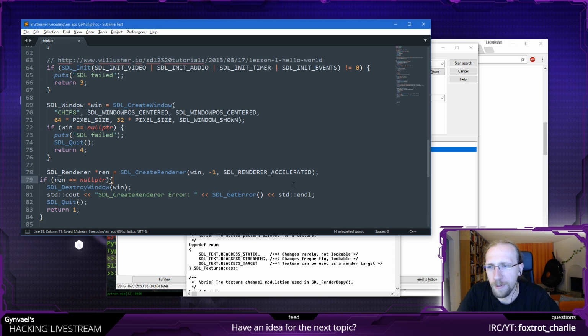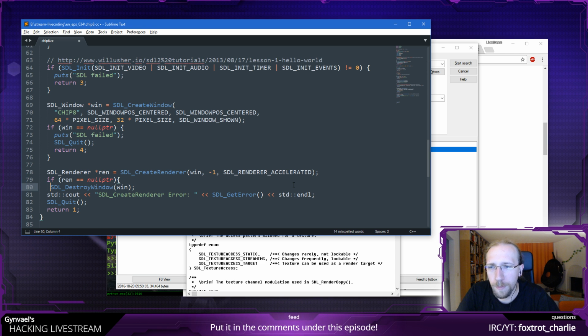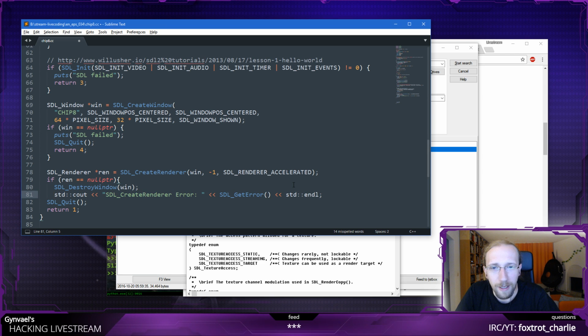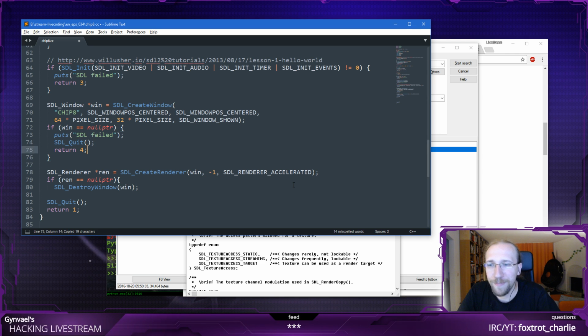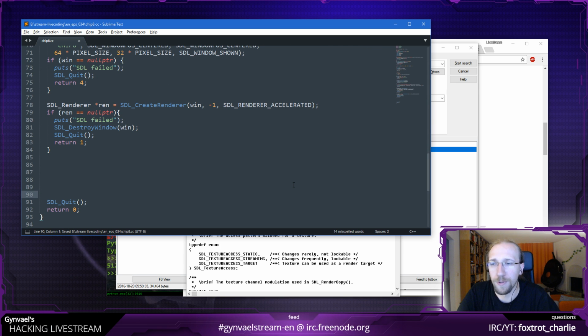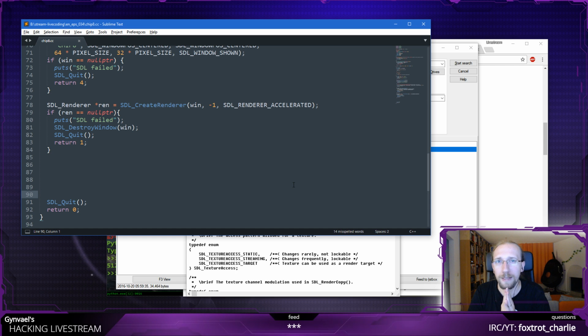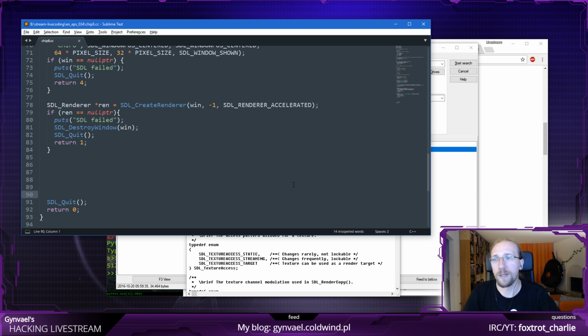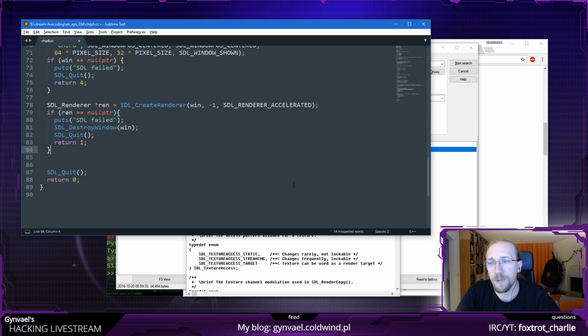Render, and this can be here. So if it's a null pointer, then destroy the window. Again, if only there was a way to do it properly, which actually does exist. It means I don't have to write it all the time here. There are a couple of ways to do it. One of the ways is to actually use goto. Goto for cleaning up is, I think, the only reasonable usage of goto in C. Not sure about C++, because again, C++ has other mechanisms to handle it.